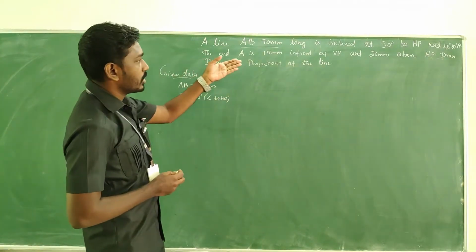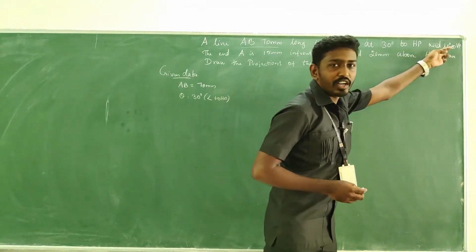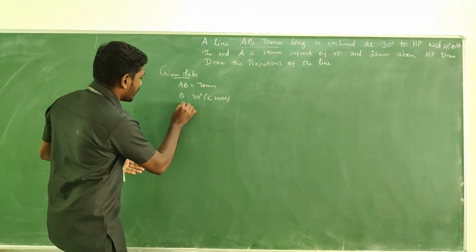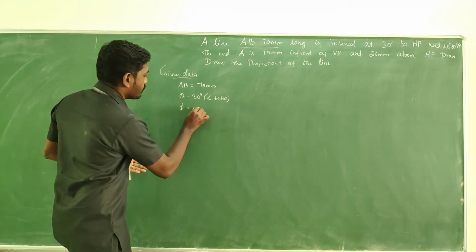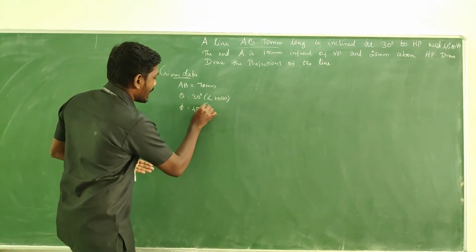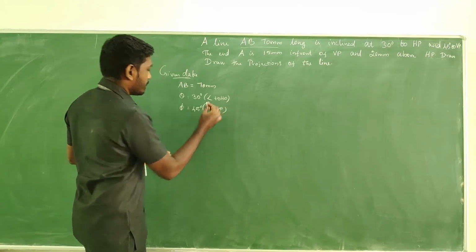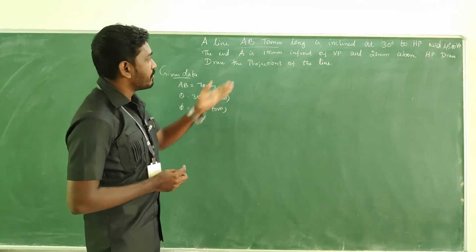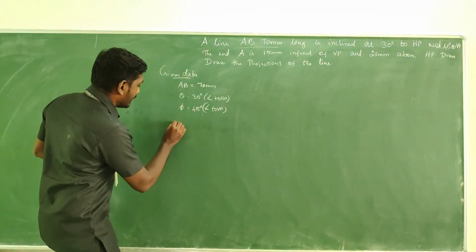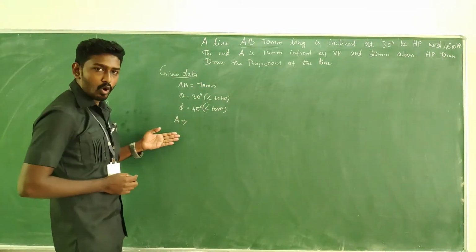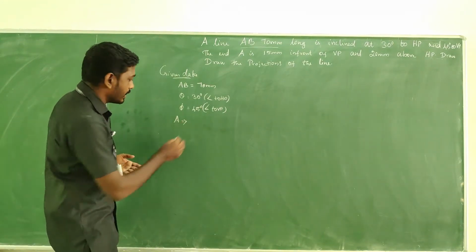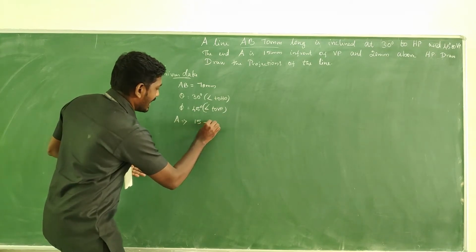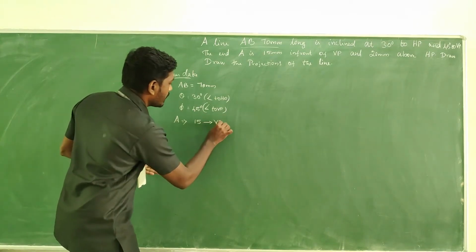What about phi? What is given? It is given as 45 degrees to VP. If it is inclined to VP, it's the phi value. Okay, and then the end A, 15 mm. They are talking about the locus of one end of the straight line, which is A. It is 15 mm in front of VP